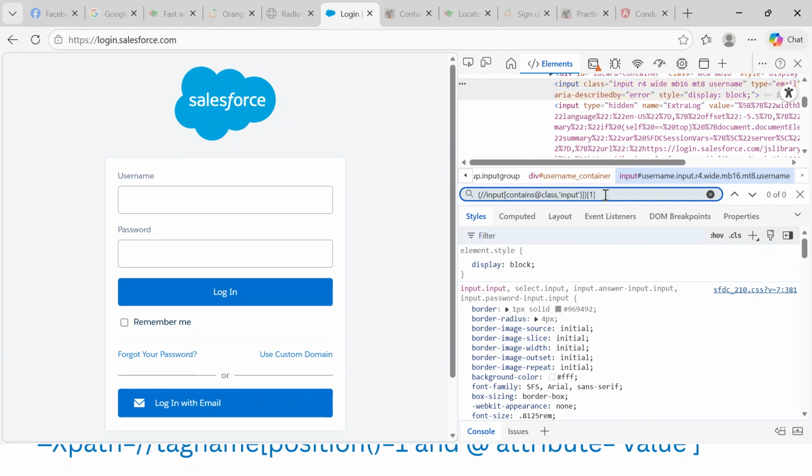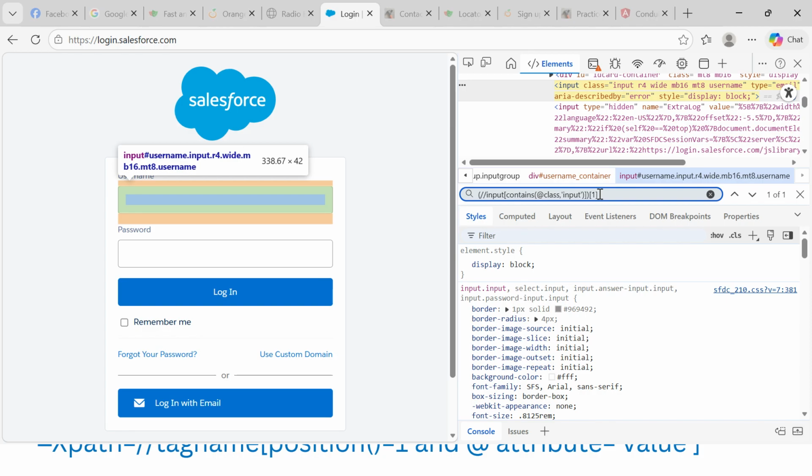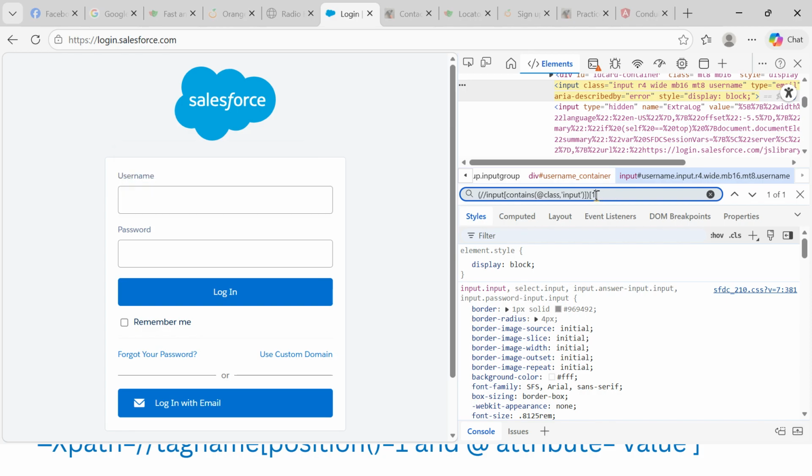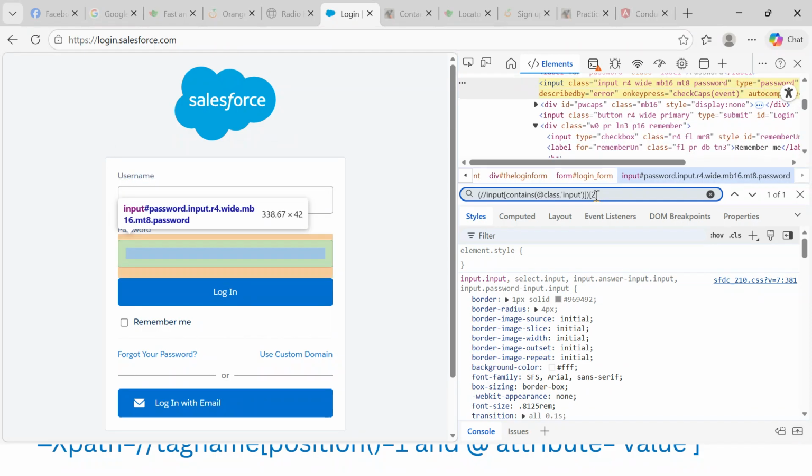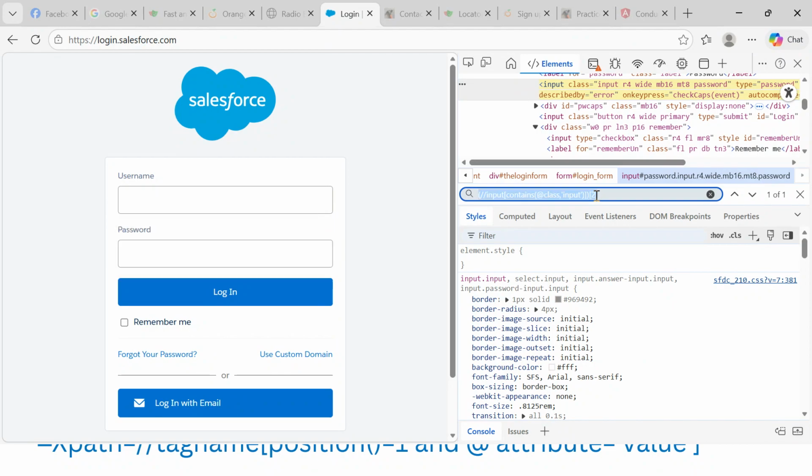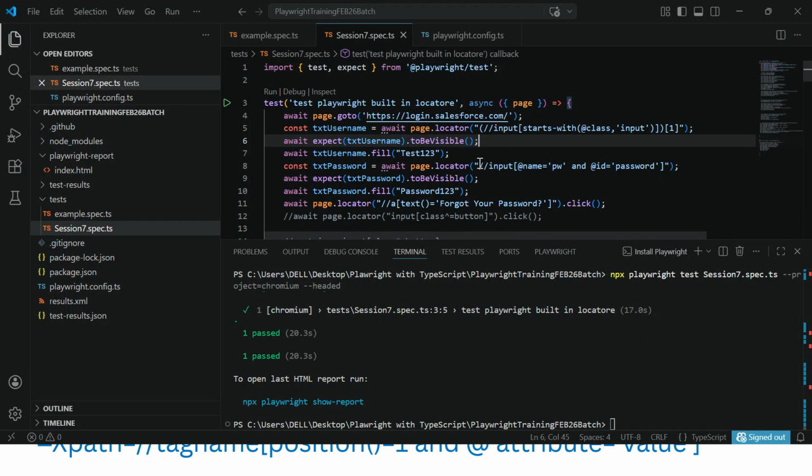Okay. Contents, this bracket I need to give it. Now I need to go for the password field, so I can give the indexing 2. You could see 2 is fine for the password field. Now I can copy it and I can change it here for the password field using contents, but ends-with